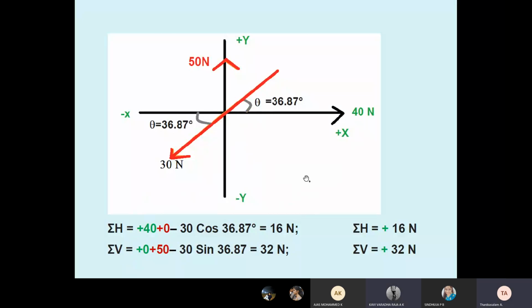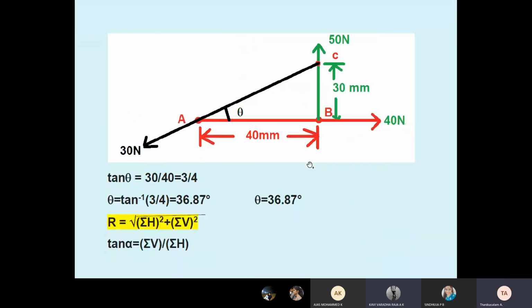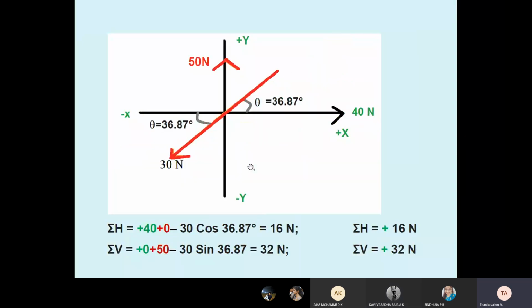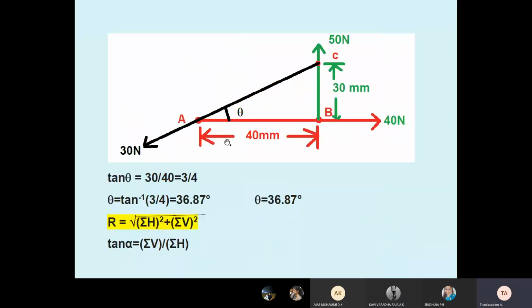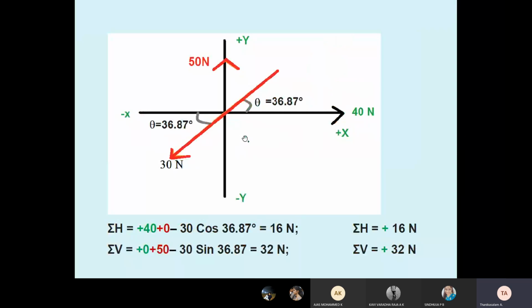Sir, in the question you have mentioned the 40 Newton and 50 Newton are along the positive x-axis and positive y-axis. The third force is acting as the closing triangle. That way we calculate theta. Then theta is moving to the third quadrant. Very good. Then we converted to the x direction. See here, theta is marked here, but when alternate angles are equal, that's why I converted to the third quadrant. Okay, now you explain. Summation of H: 40 Newton, sir. 40 plus 0 means no force, sir. So then we add, and 60 Newton will come, sir.